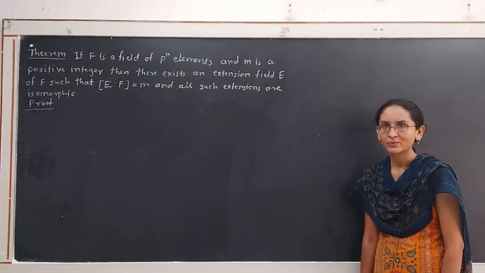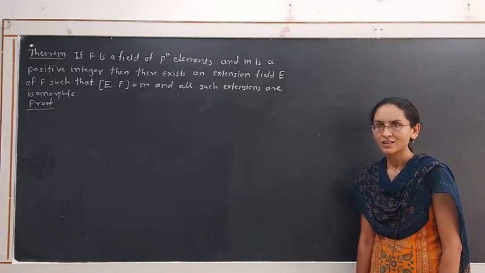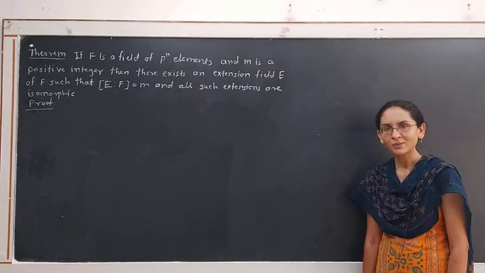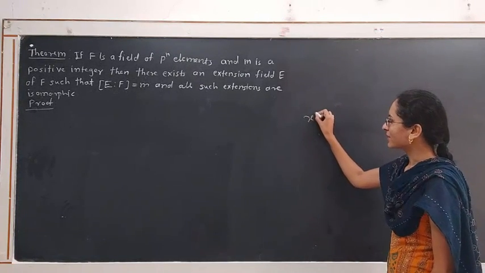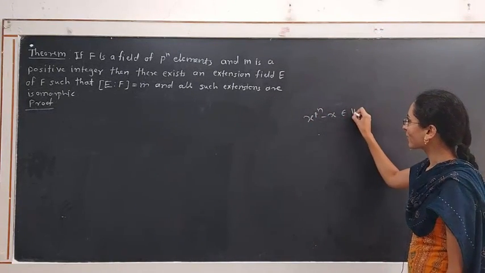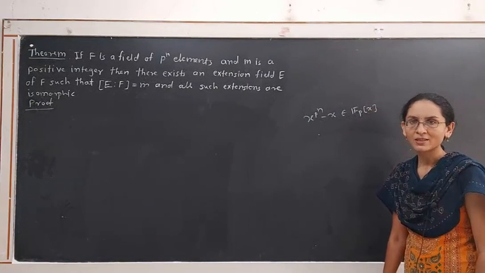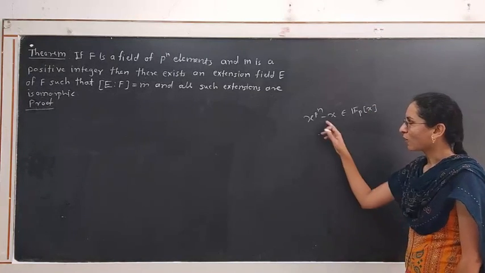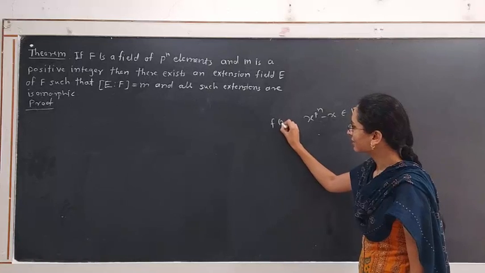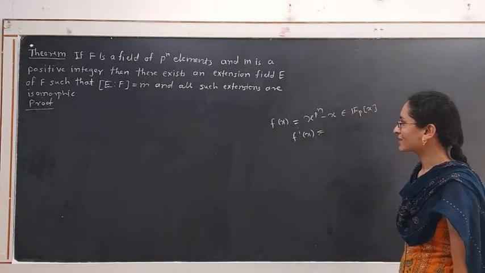We know one result. If F is a finite field with p raised to n elements, then it is a splitting field of x raised to p raised to n minus x. In fact, if we consider the polynomial x raised to p raised to n minus x over the finite field F_p, the field with p elements, then all the roots of this polynomial are distinct, because if we take this polynomial as f of x, then we get the derivative of this polynomial